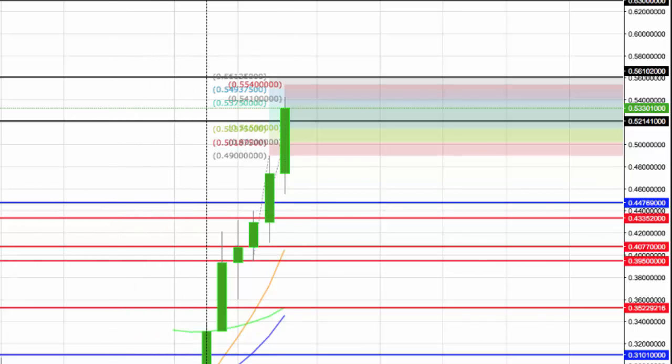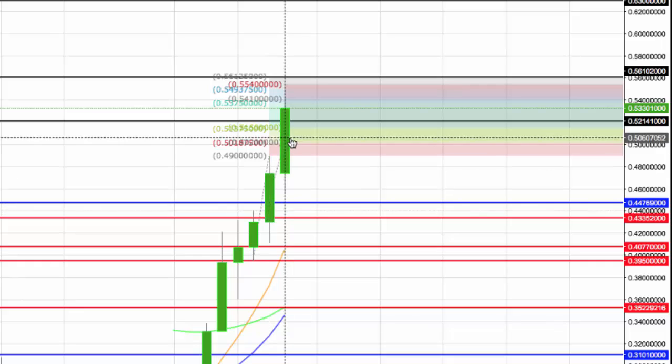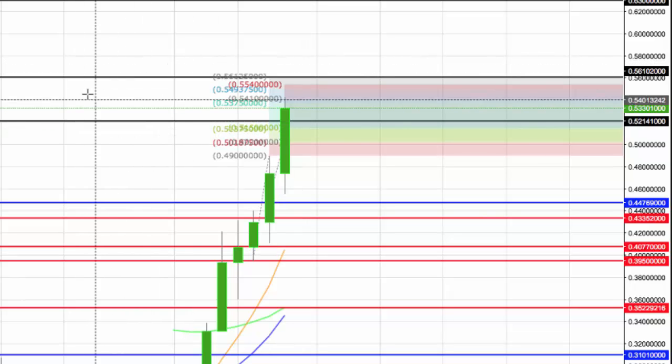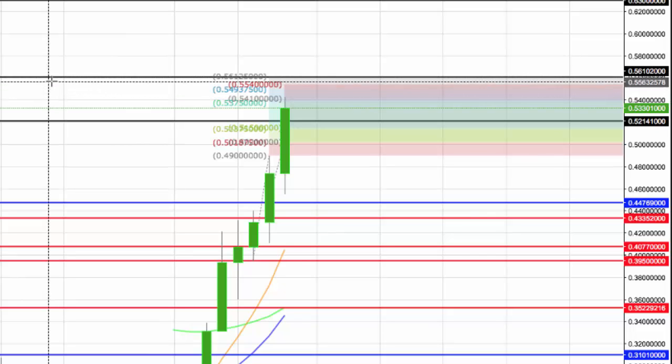We've now gone how many? 1, 2, 3, 4, 5, 6 bars straight up. This can continue a lot longer than we think. We're just going to start judging the price action. If we do start breaking below the rotation zone on the 4 hours, we're going to start looking for a pullback. Until then, the next major targets are 55.125,